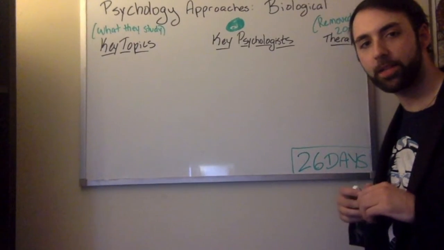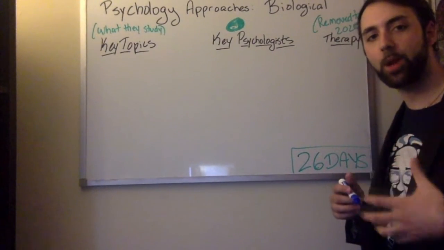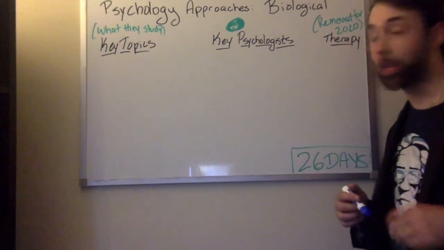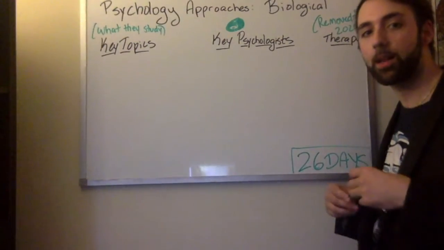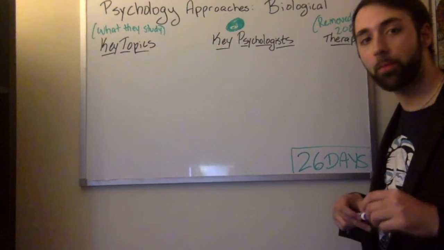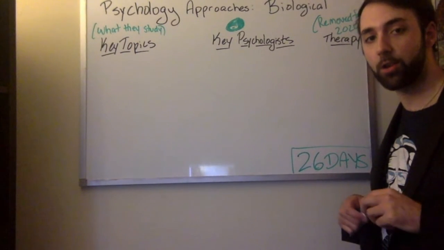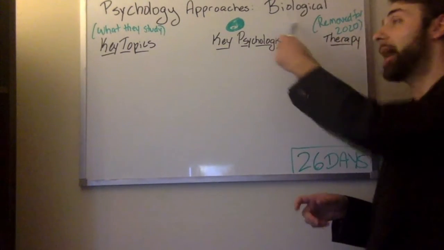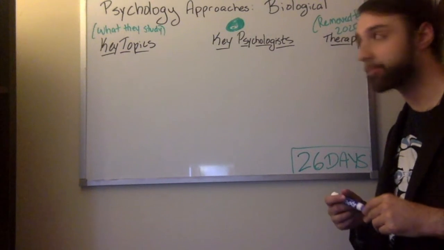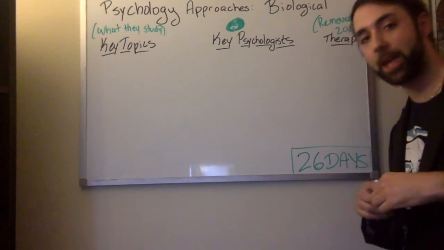Welcome back, AP Psychers. In today's video, we are going to continue our installments that review the psychological approaches, the color-coded columns in the back of the class. And today we will briefly overview the green color-coded column in the back of the class, the biological perspective in psychology. And again, we'll follow the same format as the past two videos.